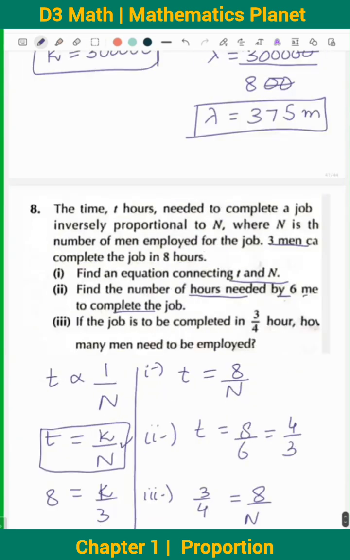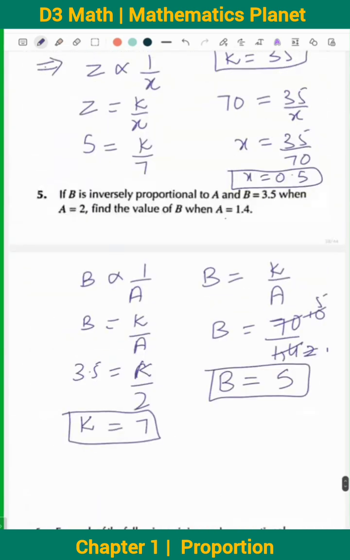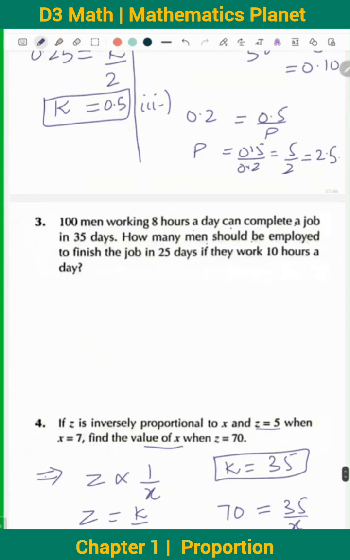This exercise is done. There was one question left from above. Yes. 100 men working 8 hours a day can complete a job in 35 days. So the work is equal to men times hours times days. When we multiply the number of men with the hours and the days, the total work can be calculated. So the total work will be equal to 100 men, 8 hours, 35 days. So 100 times 8 times 35 is equal to